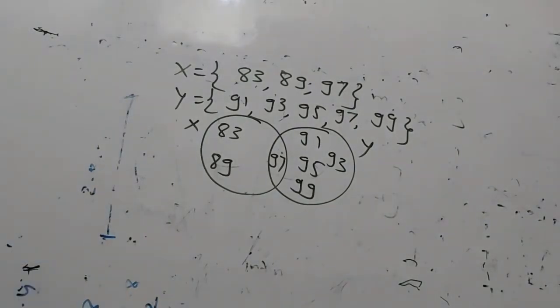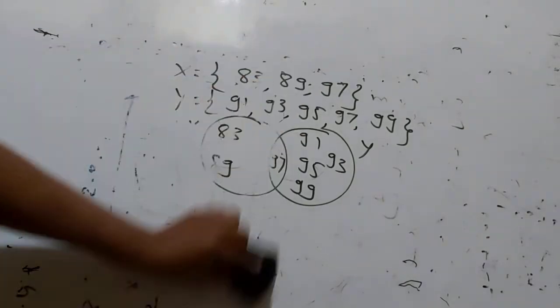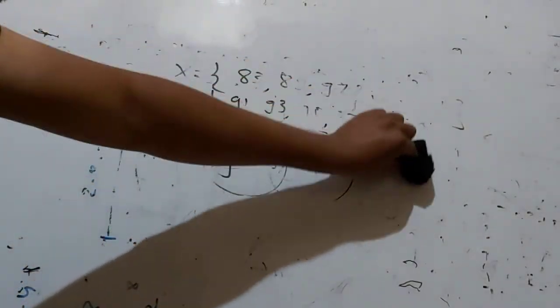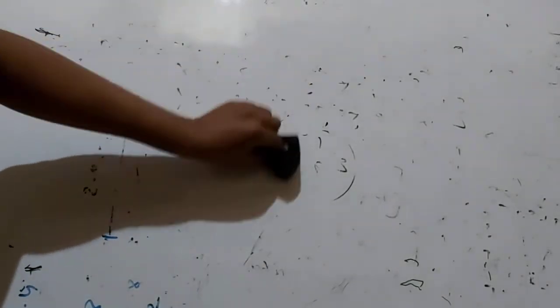Now question number 8 is there. Write the subset relation between the following sets. In that, first they have given X is the set of all quadrilaterals. I hope everybody has the textbook, so you should see in your textbook. X is the set of quadrilaterals, Y is the set of rhombuses, S is the set of all squares, T is the set of all parallelograms, V is the set of all rectangles.